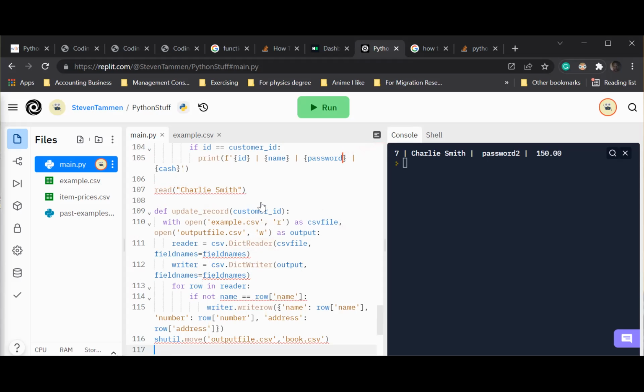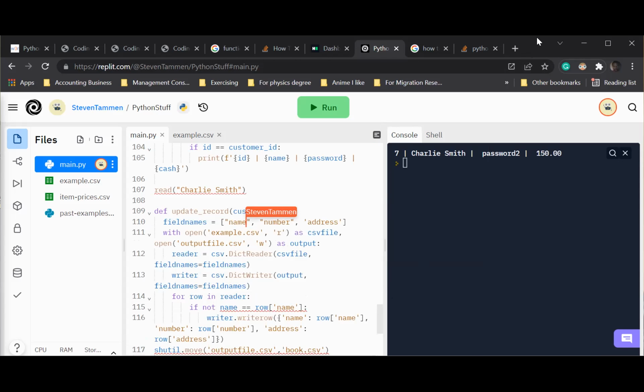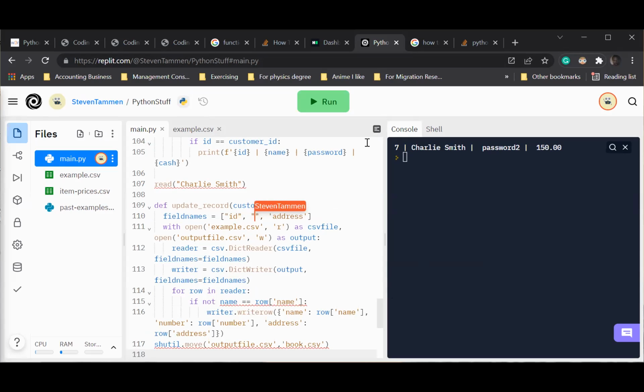So I see what they're doing. That's kind of convenient here. We're actually going to specify to the CSV reader the names of the fields that we're using. So for us, the order that we have is ID, name, password, and cache. Okay. So now we're specifying field names when we open these files too. And then we're going to go through the rows in the reader. So this is the file that we have. And then